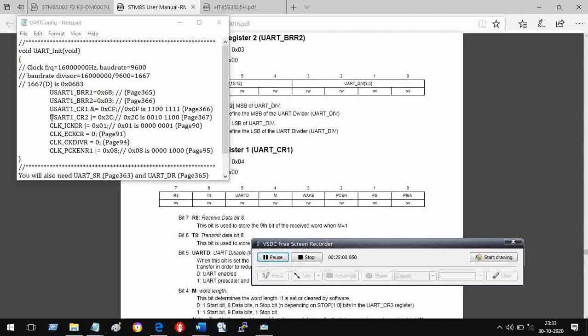Then we have another one, UART CR2 for the serial port. What we have done here is we are performing an OR operation, and with an OR operation we have made these 3 bits 1. Therefore wherever there is 0 in the mask, the data will remain unchanged, and wherever there is a 1 in the mask, that location bit will be forced to become 1, because we are using the OR operation. So why am I doing this? Let us take a look.